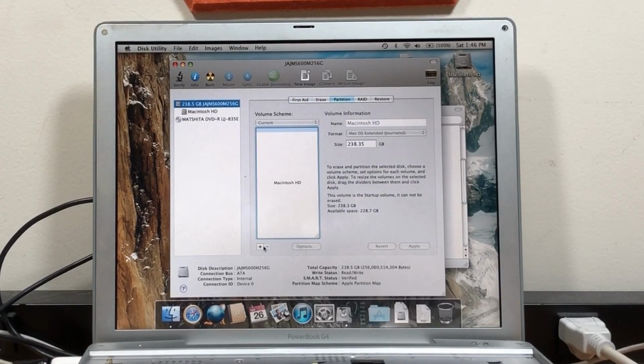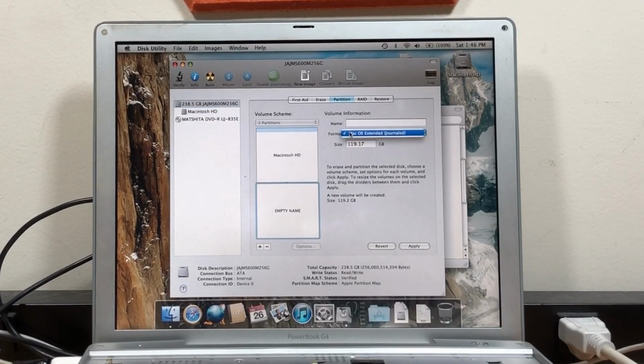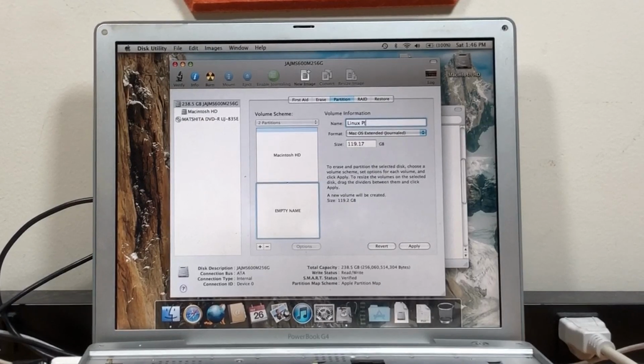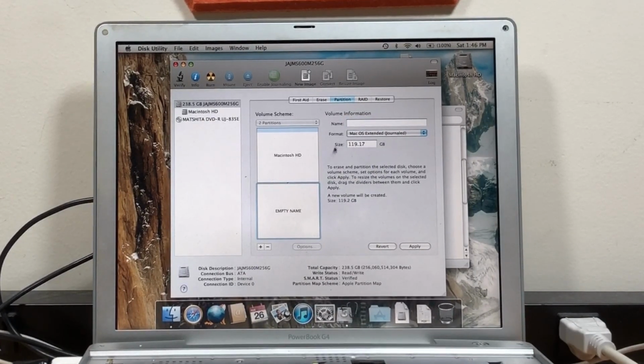So now I'm going to add a partition here. And I'm going to set this format. I guess I can't change the format, but I'll change it in Linux then. I'm going to change the name to just Linux. Okay, why is it not letting me do this?